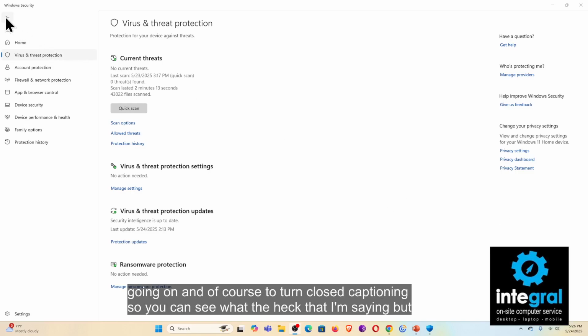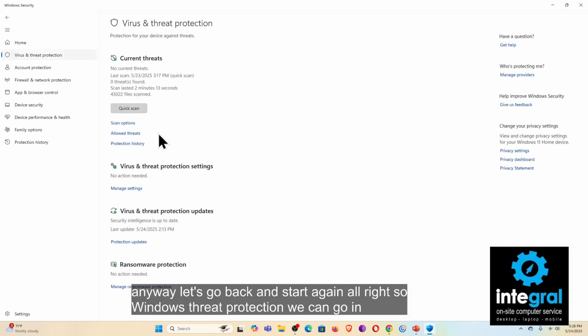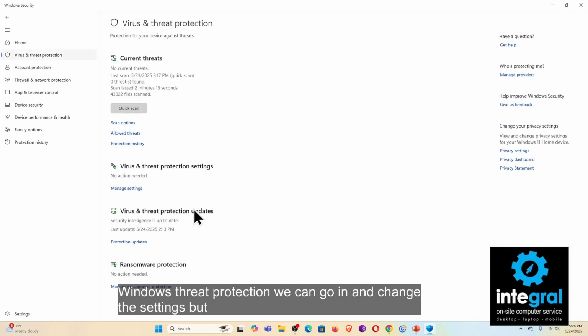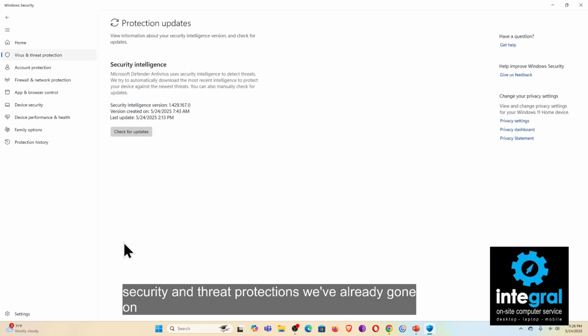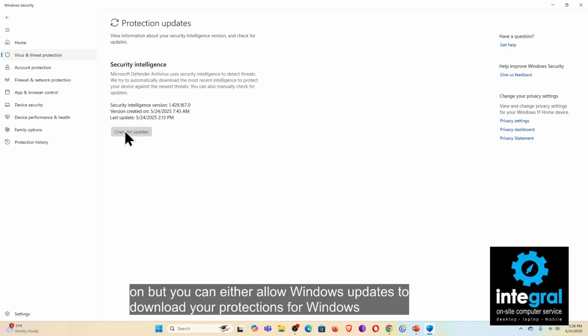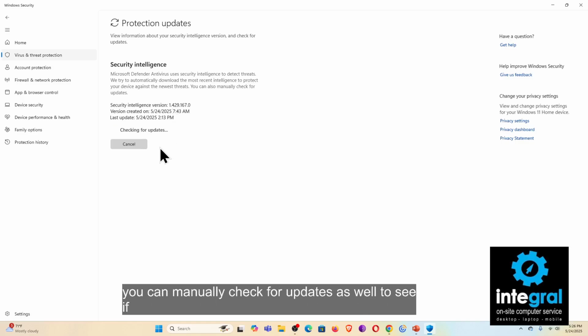But anyway, let's go back and start again. All right, so Windows threat protection, we can go in and change the settings, but then you can look at updates that have been available for Windows Defender. The security and threat protections we've already gone on, but you can either allow Windows updates to download your protections for Windows Defender, or you can manually check for updates as well to see if you have the latest updates